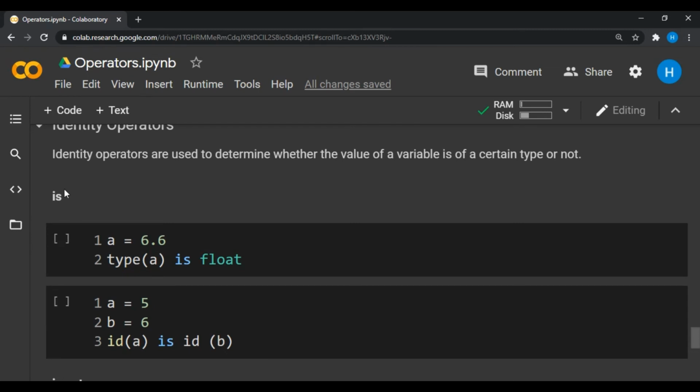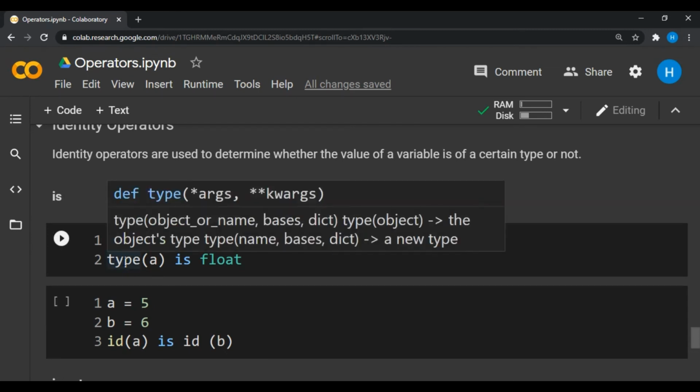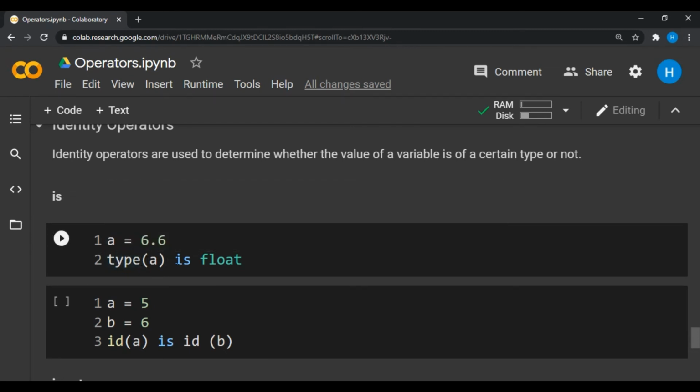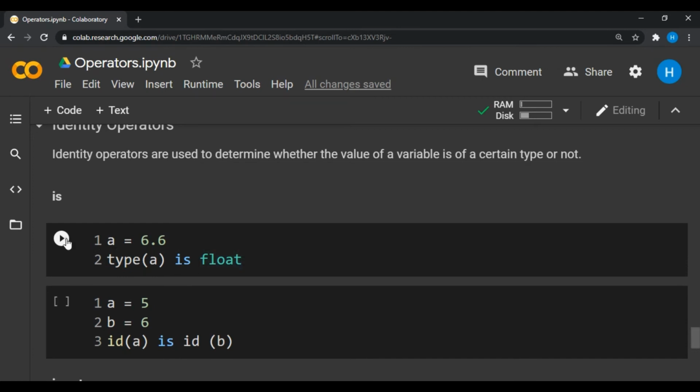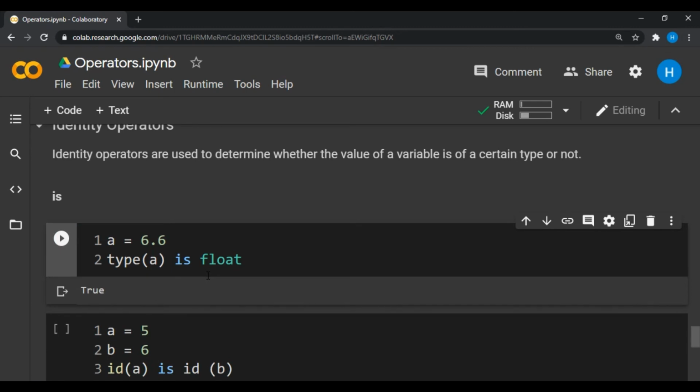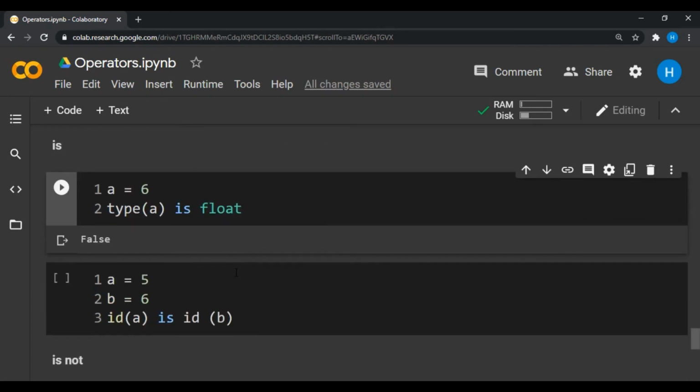So we can use the identity operator is over here, and we can write type(A) is float. It will check and return the result as true or false. So here in our case it is true that the type of A is float. If I change it, it will return false because this is an integer type and we are checking whether it is a float or not.